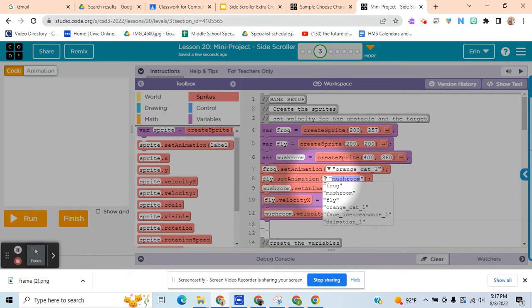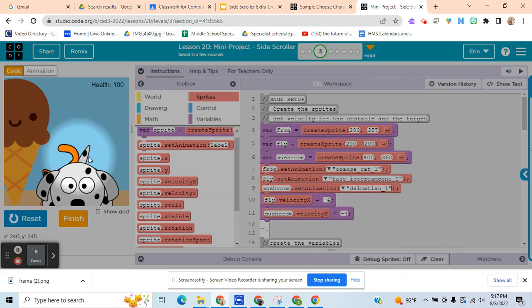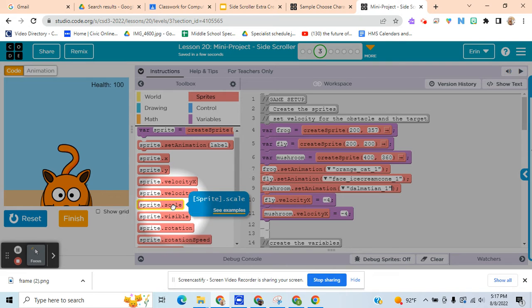Instead of collecting flies, we would want to collect ice cream cones, so we change it to ice cream cone. Finally, instead of avoiding mushrooms, you would change it to avoid dogs. And then from here, what you would do is run the code to see what it looks like. Now, you'll notice that a lot of the time the sprites are a bit too large. So what you would also need to do is you would need to add a sprite.scale block after the set